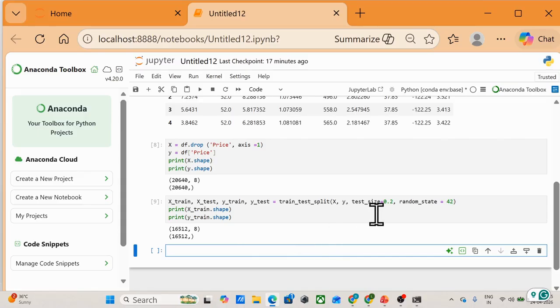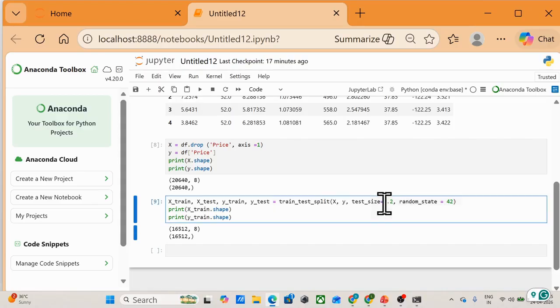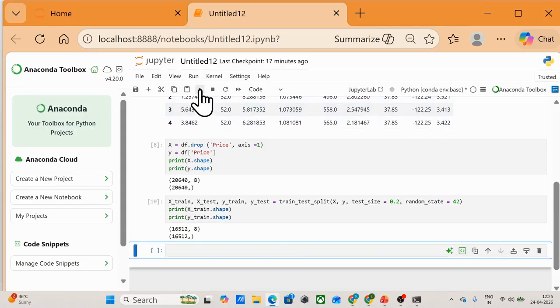We have taken test size of 0.2. Let us check what is wrong over here.